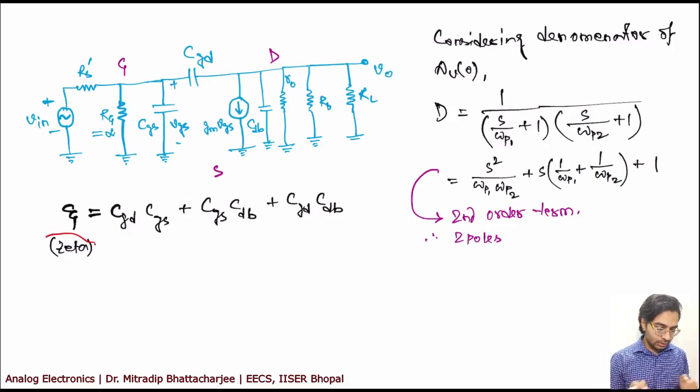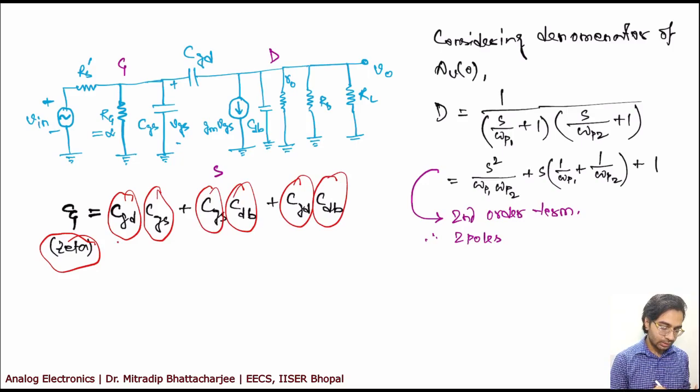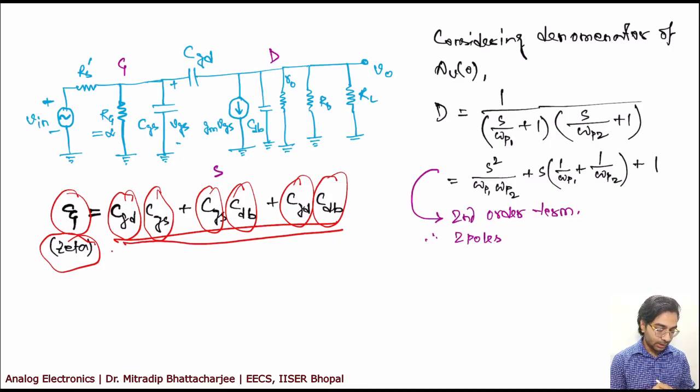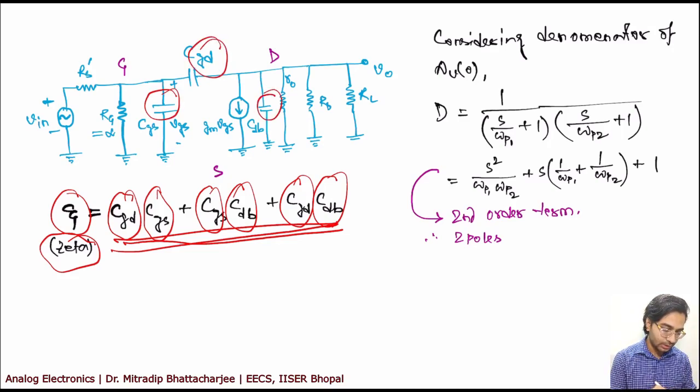Now there is a term called zeta, you'll find in books, which considers all the capacitances associated with the circuit. So this is the expression, it considers the capacitances associated with this. So why am I showing this one? Because I will use the zeta value later in my expressions. So just remember that zeta is a parameter which considers all the capacitances associated with this. So what are the capacitances? You have three capacitances: gate source, gate drain, and this is drain bulk, that is CDB.